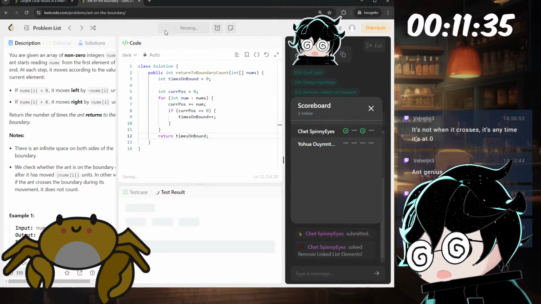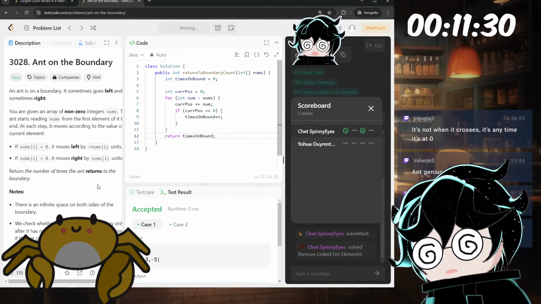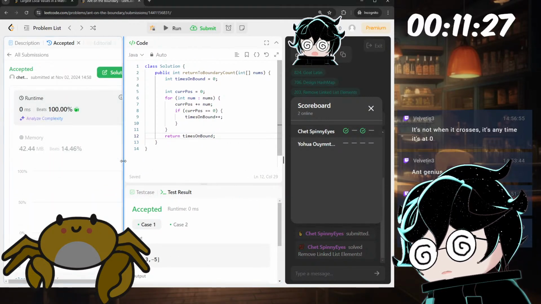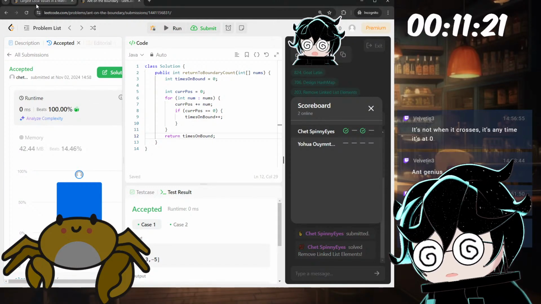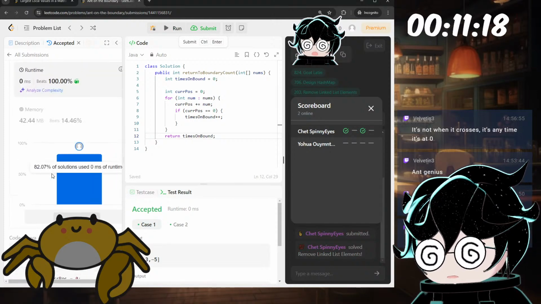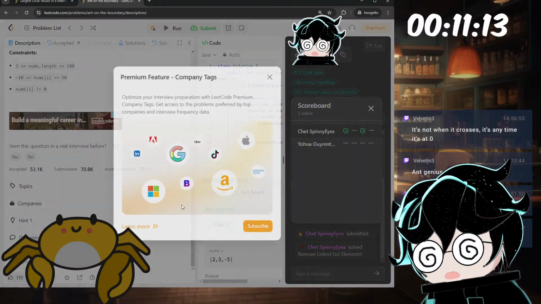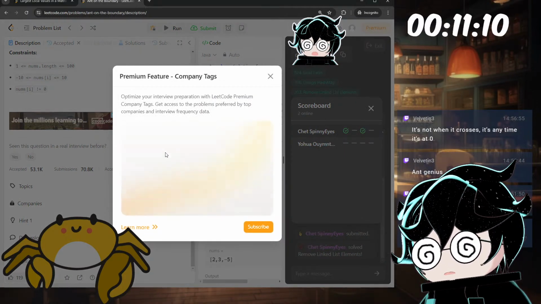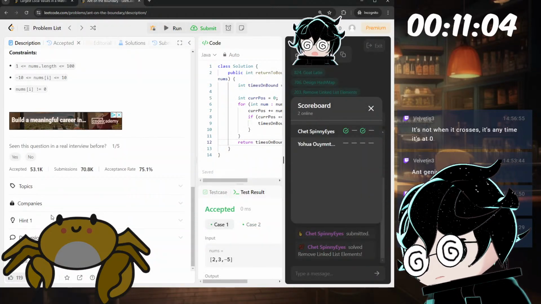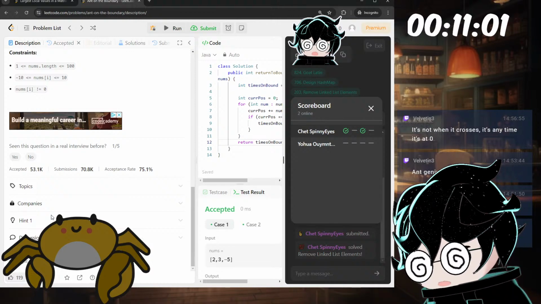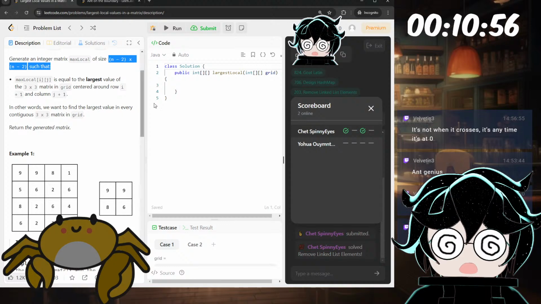Wait, this can't be this easy, right? This is a Google interview question. This is deceptively easy. All right. Wait, this is such an easy question. Google actually asked this? This is stupidly easy. They hire people based on this? Yeah, look, Google's here. Oh wait, no, this is a premium feature, never mind. But it was on the Google list. Do we even need a hint on this? All right. That was stupidly easy.